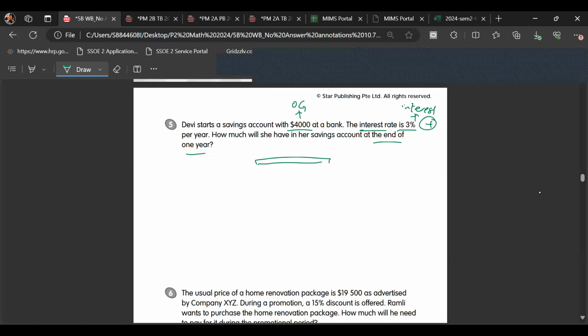Then ask you the end of the year, so it's the final amount. The original is $4,000. Add on the 3%. Ask you the final amount, I will do the shortcut immediately. Final amount will be 100% plus 3%. That is 103%. So the final amount will be